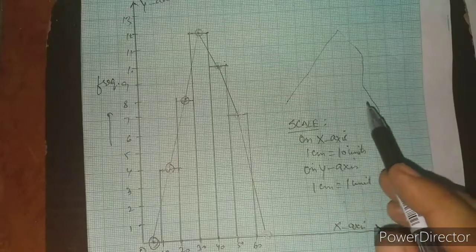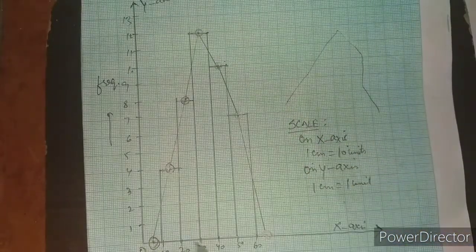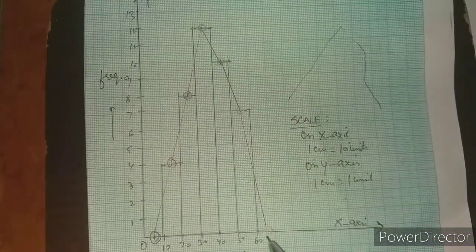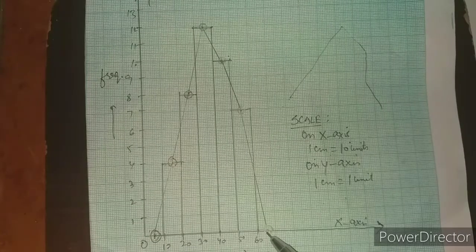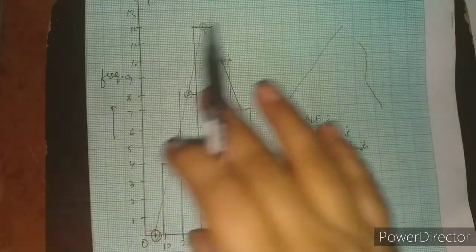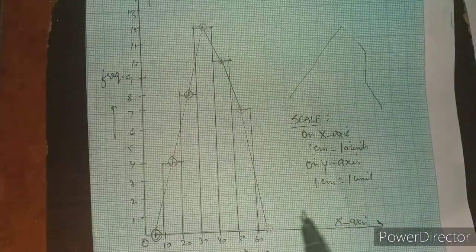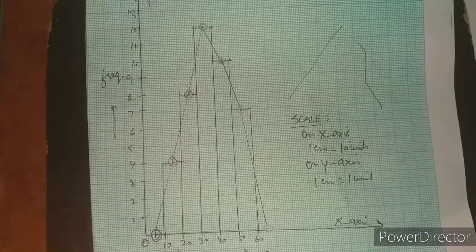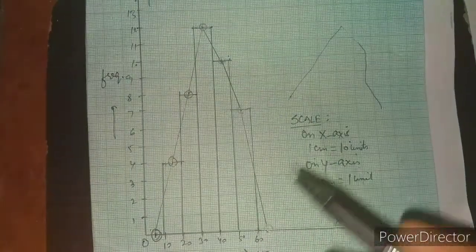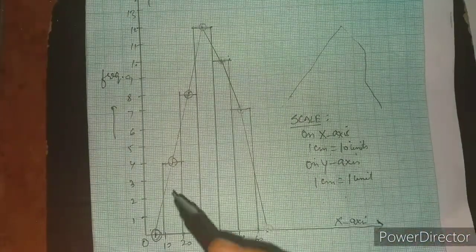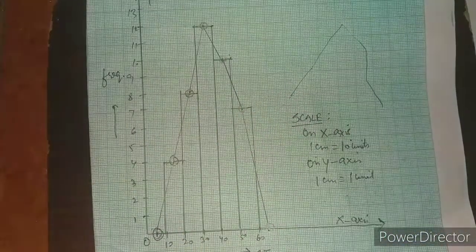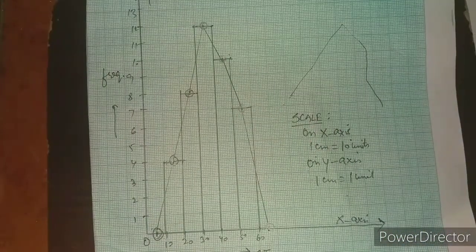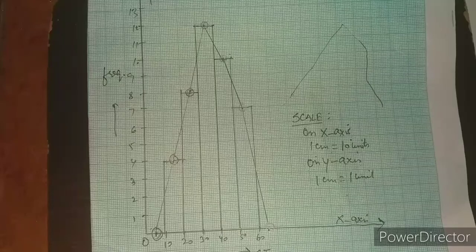So actually what is this? This is also closed, that is why we join the ends on the x-axis also. The starting and the end point I am showing on the x-axis only. So the figure obtained is a polygon. Polygon means it has many sides and it is a closed figure. And why frequency? Because from the frequency distribution table only we are getting this frequency polygon, right? So this is the actual meaning of drawing a frequency polygon using histogram.